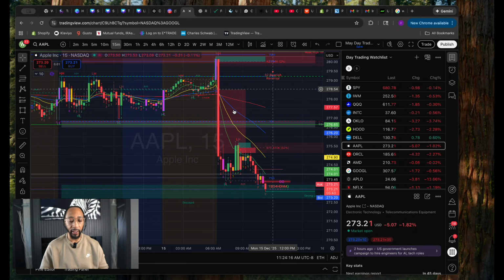Now I'll probably think that somewhere in here we're going to reject, come down like most of the stocks have been doing today, right? And then it could create a double bottom and bounce off of this order block, and then it could go back to the upside, right? But you see, the only times that the stock changes directions is at these order blocks, which are key levels, right? Order blocks or supply and demand zones. That's the only place where the stock really changes direction, right?